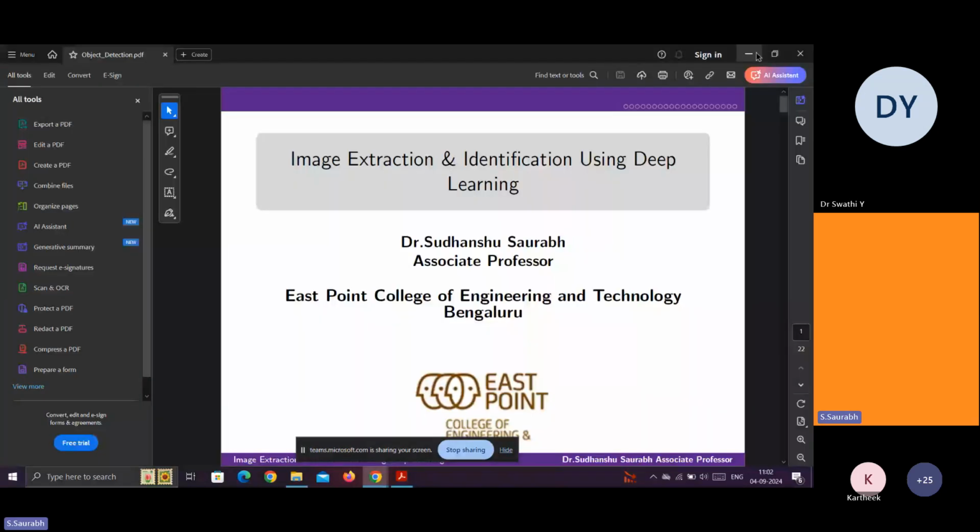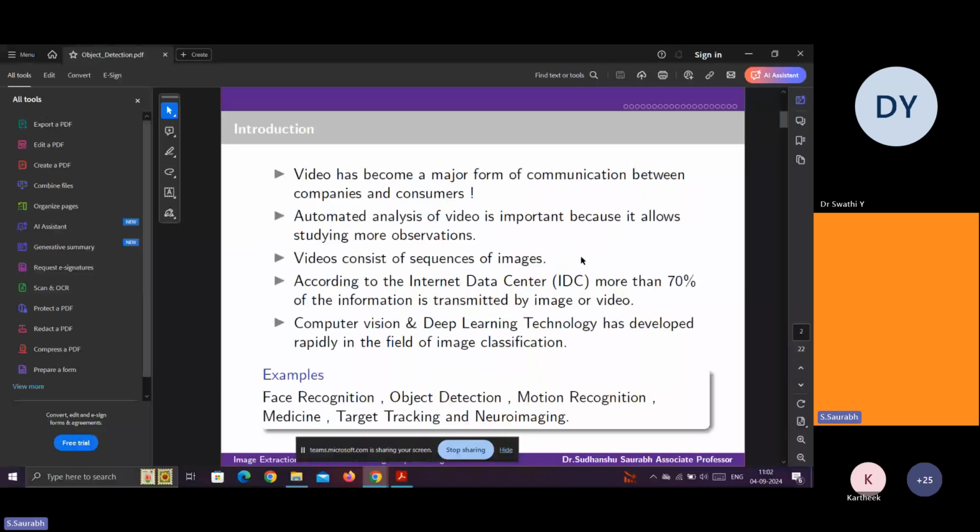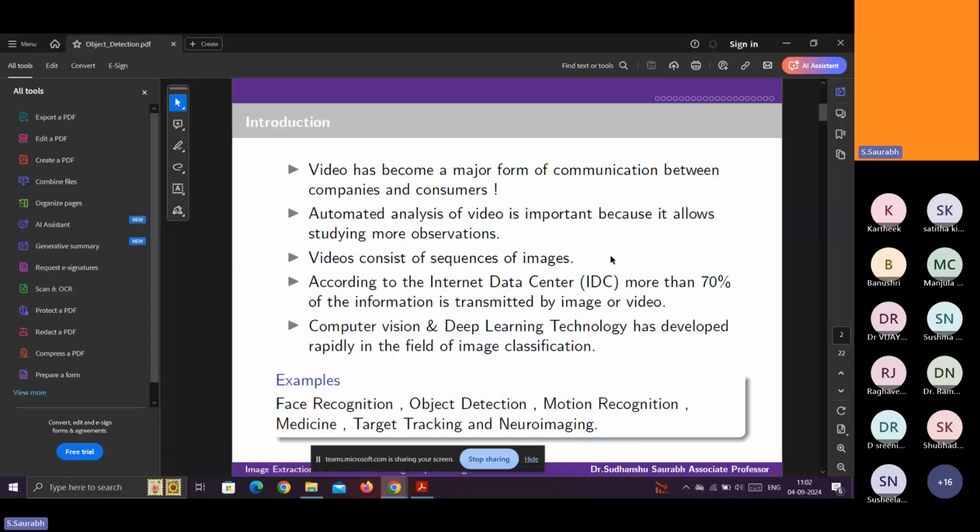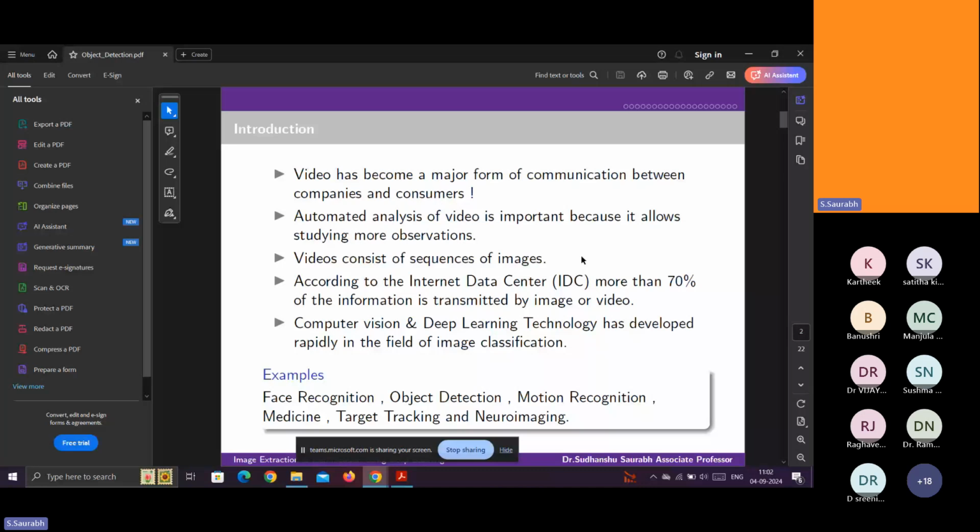Today's topic is image extraction and identification using deep learning. The purpose of object detection is to identify and locate one or more effective targets from a still image or video data. If it is video data specifically, then it is difficult to detect the object.